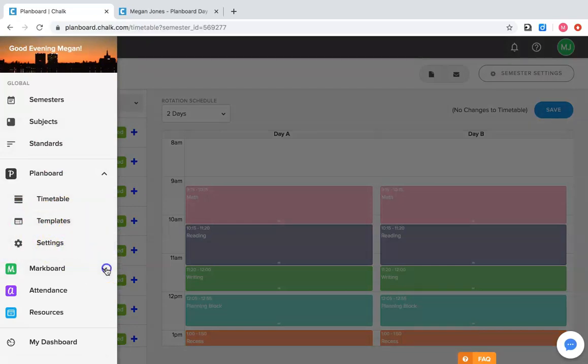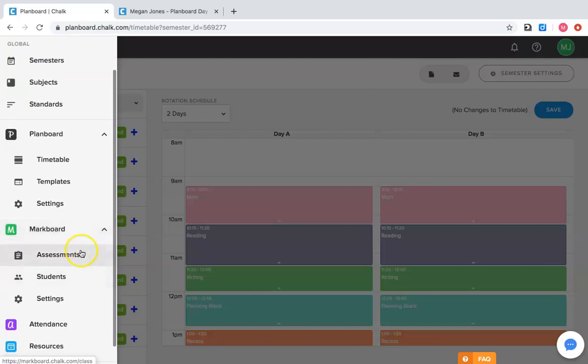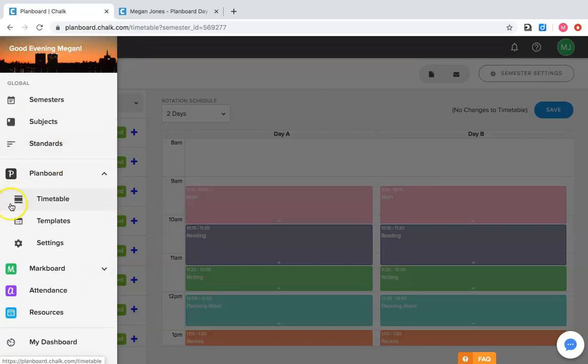There is this mark board down here. This is where you can create assessments and add students and give scores. I have not had the opportunity to use that. Right now, we're just going to focus on Planboard, but I just wanted to let you know they do have these other resources that you can come down here and explore some more. So let's keep looking at Planboard. If we click back out of here and go to Planboard,